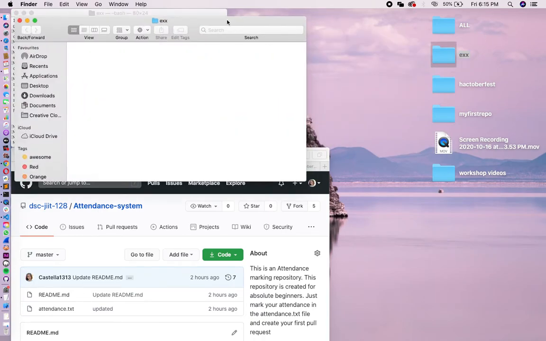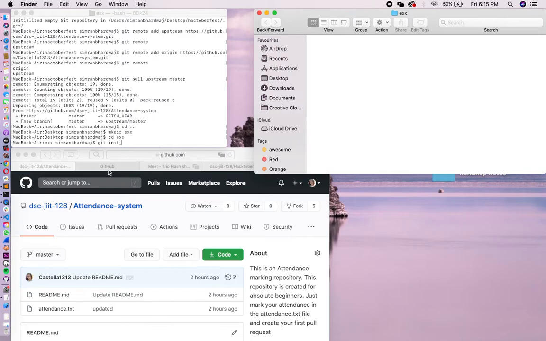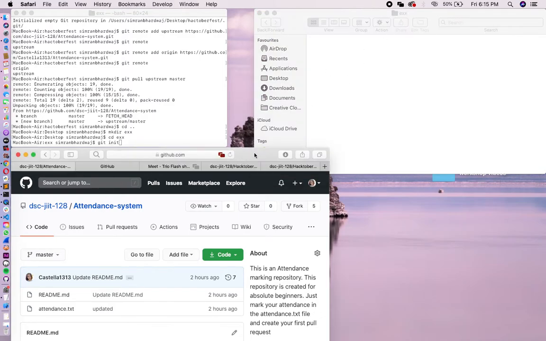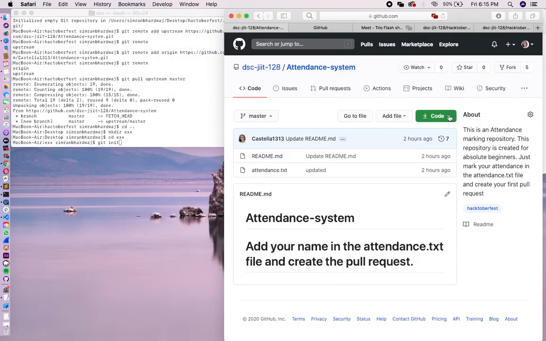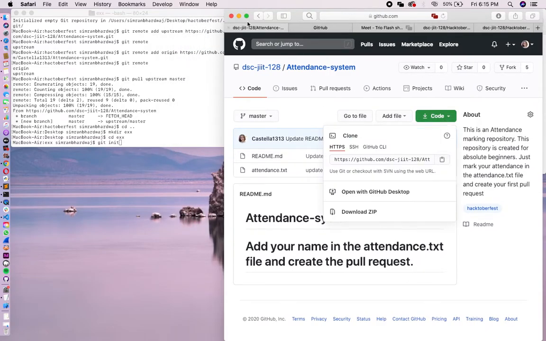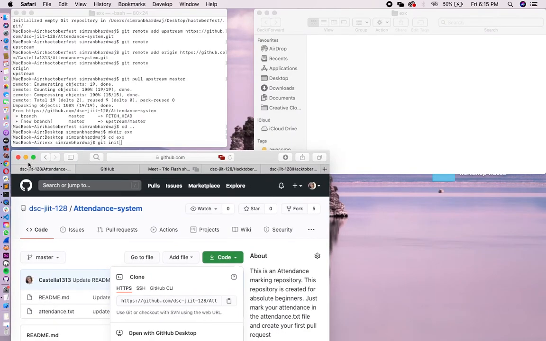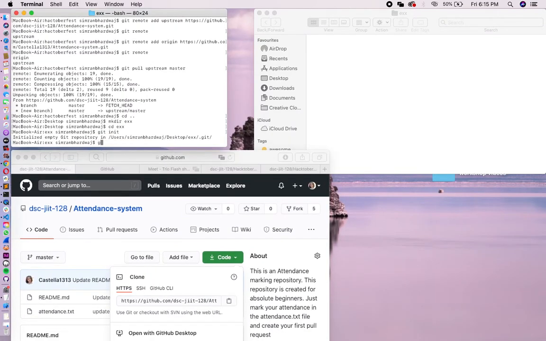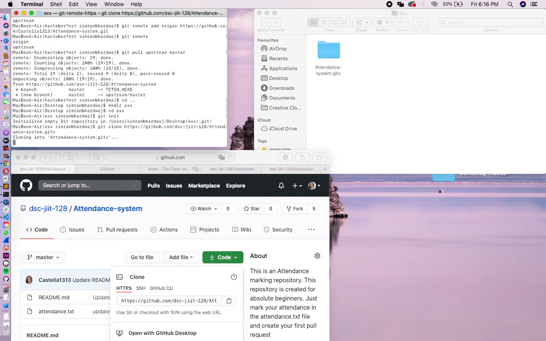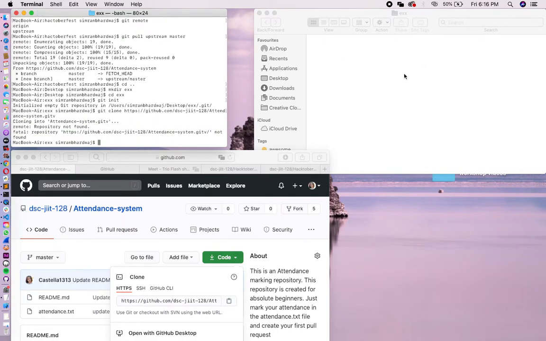Now if you want to use the command git clone, what you have to do is go to the original repository, copy this URL, and just type here git clone and paste the address. So this is also going to do your work.